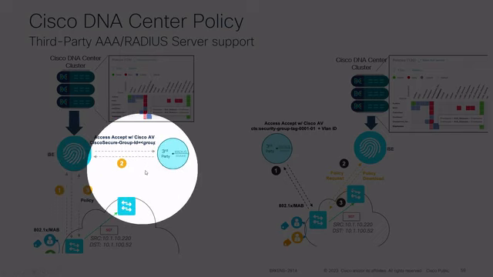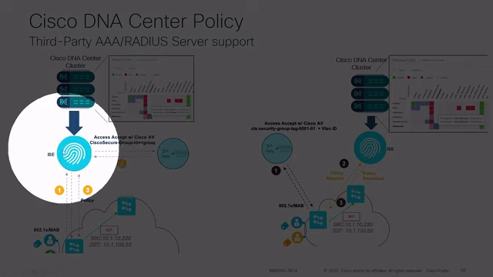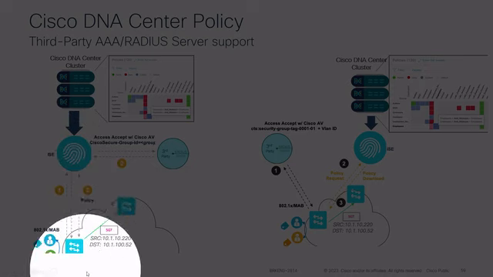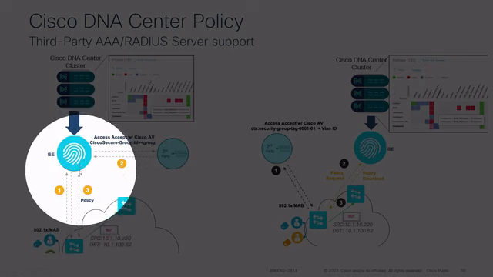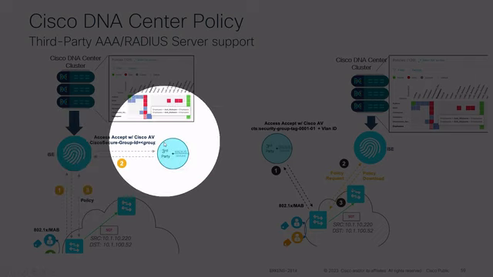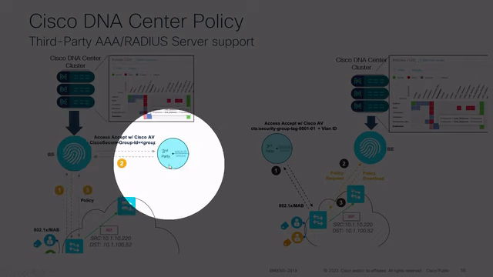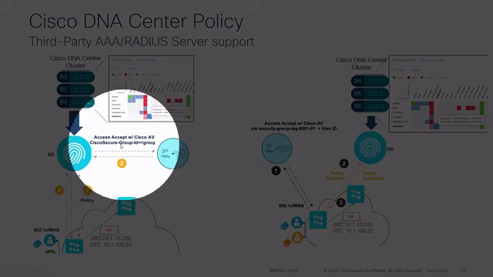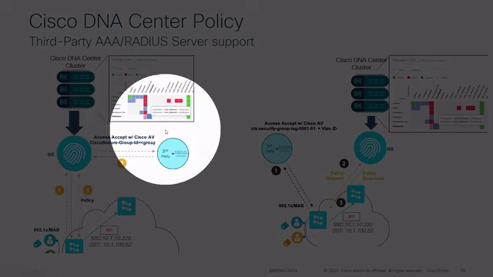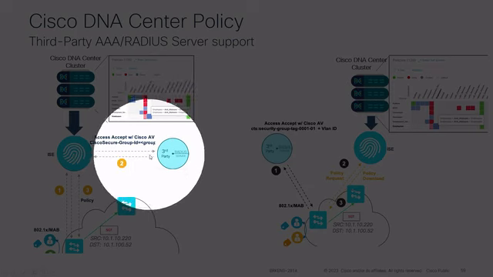So we have a third-party NAC. Third-party NAC is integrated with Cisco ISE. So all the authentication requests from the switch will hit ISE. ISE will act as a proxy, and it will, at the back end, query the third-party NAC and wait for the authentication response. Once the third-party NAC sends a response, along with the response, either accept or access deny,